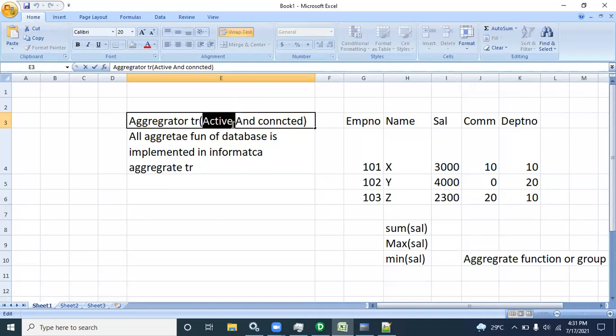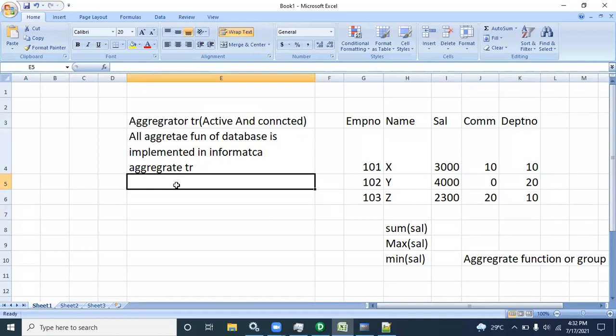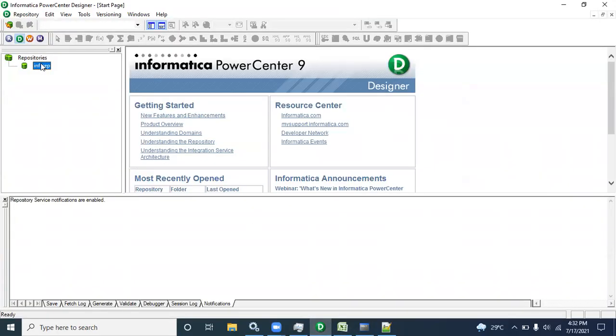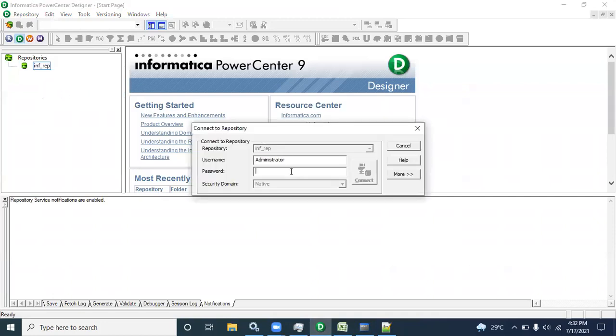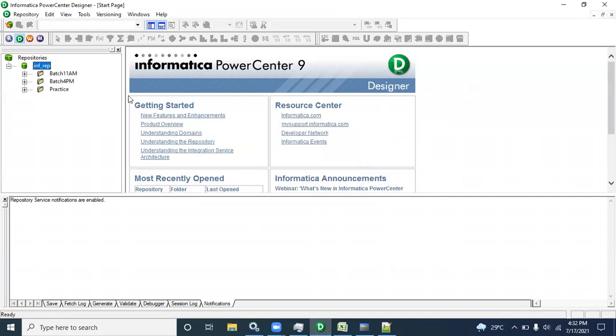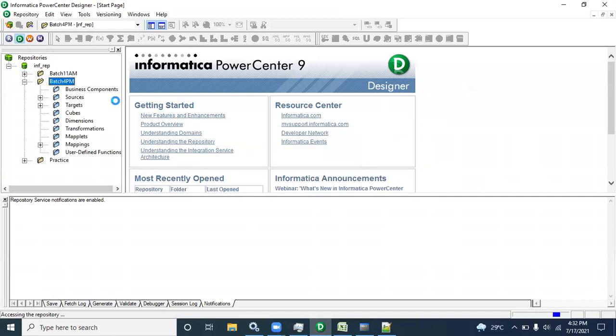So for that reason it is active. And why is it connected? Because it is connected to source and target like other transformations. So apart from this aggregator transformation, there is nothing we can do in Informatica.